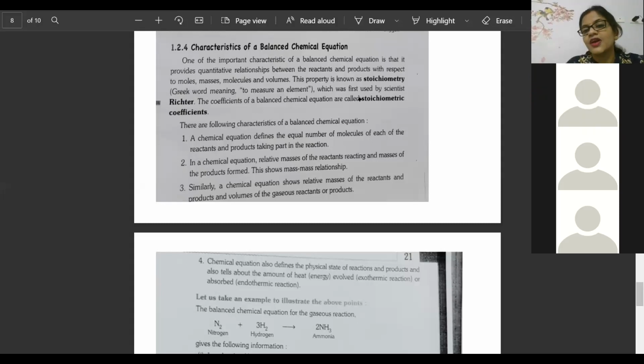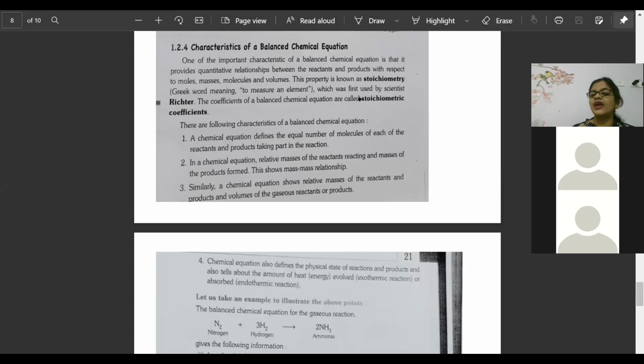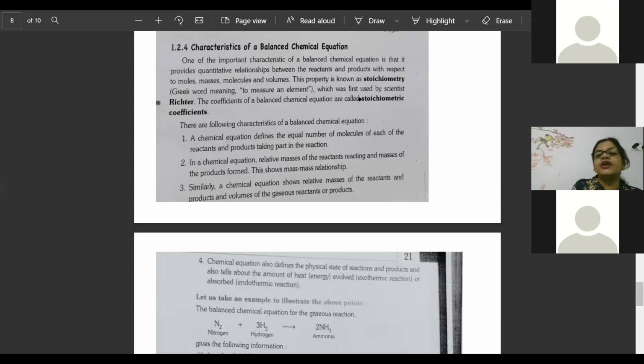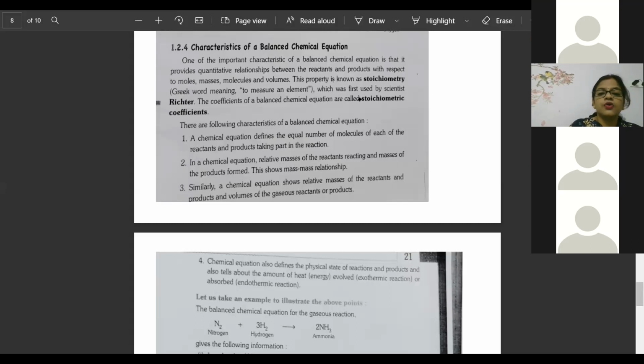Kavya understood? So that is called relative, beta, one with respect to the other. So that is what relative masses of reactant with respect to relative masses of product, and relative masses of product with respect to relative masses of reactant. Still confusing? Okay, that is what, beta. If I relate myself with you, Kavya understood? So this is relating one with respect to the other. Shall we go to the next one?